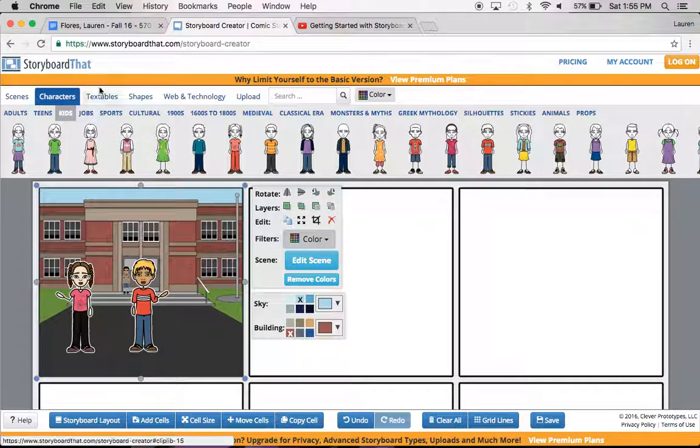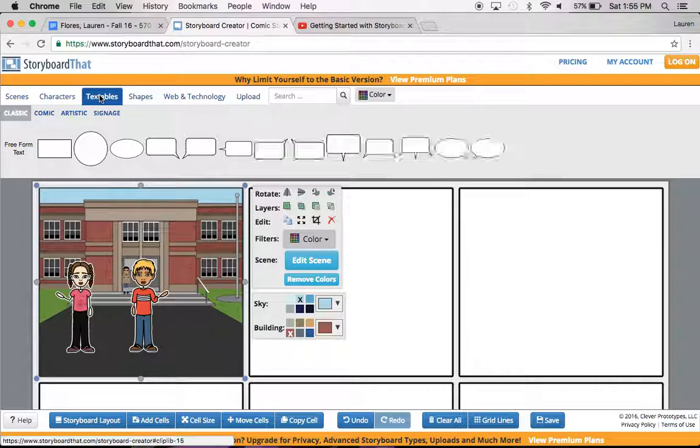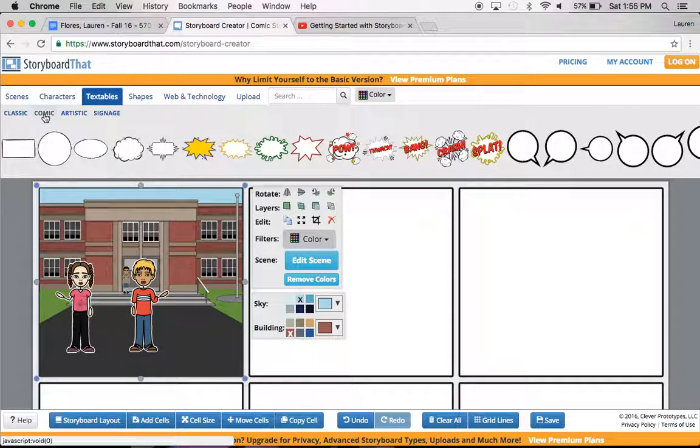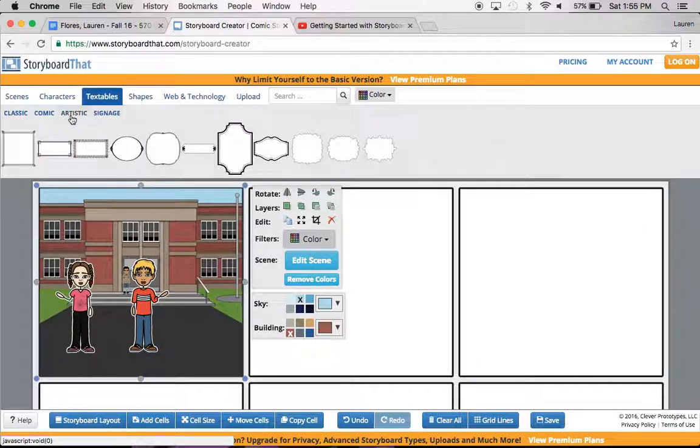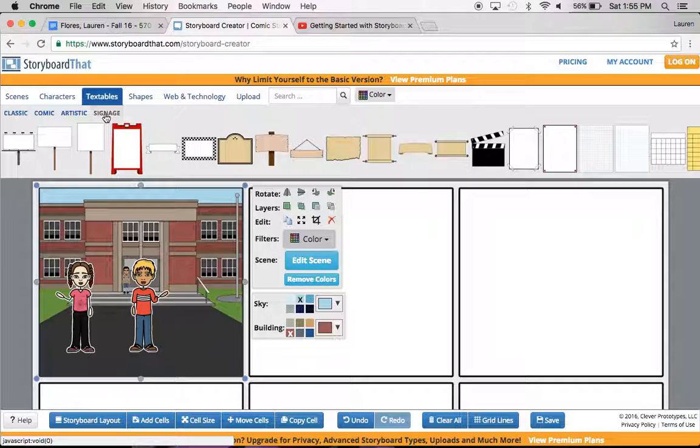These textables up here, looking back up at the left-hand column, you can either find classic up here, which look like the typical word textables, or you can even make it look like comic strips. So if it's a person who's fighting, you might want to do pow, or if someone was slipping on a banana, you could put splat. So any type of textables that you might want to use. There's also artistic, which are the following that you can choose from, or even signage. So maybe it isn't necessarily someone speaking, you can actually do a sign right next to them to do your textable. So I'm going to actually go back to classic,